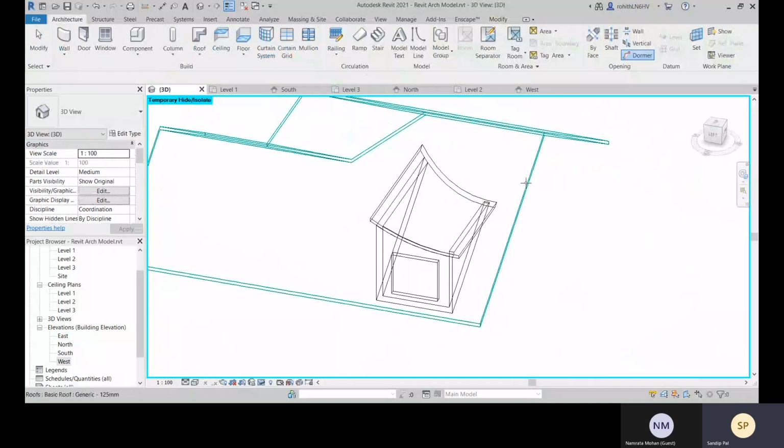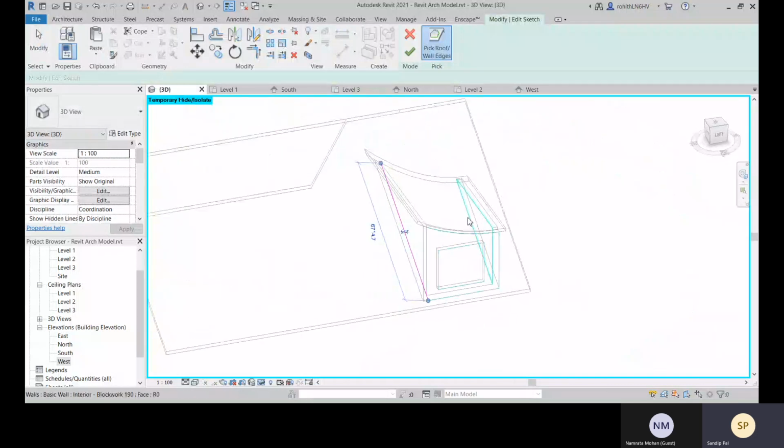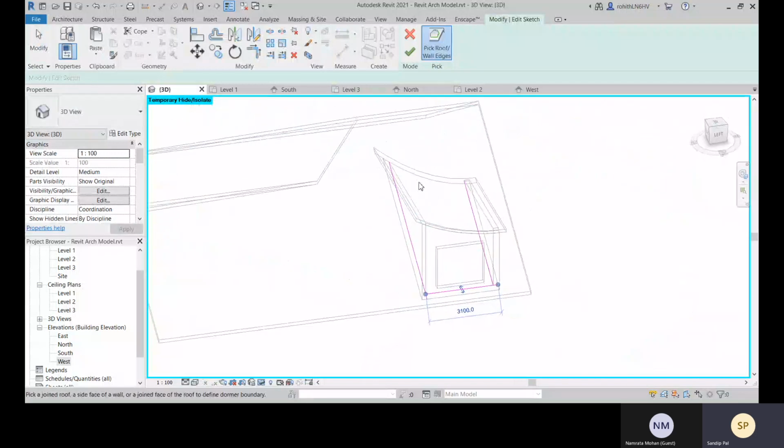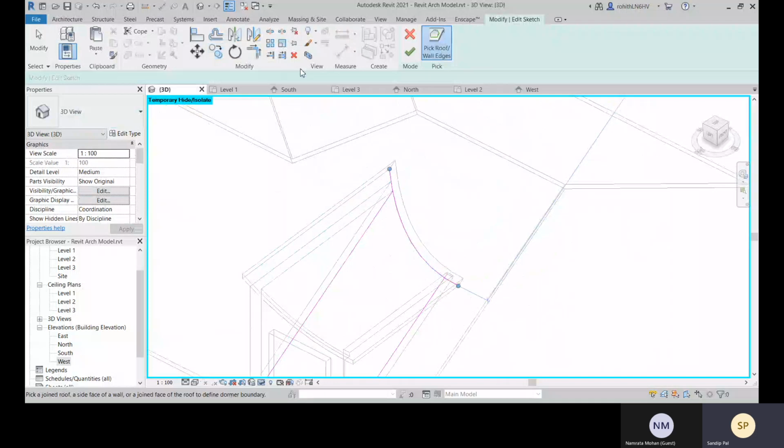So let's go with this dormer and select this, and then go with this peak roof edges. Select this edge, select this edge, then this edge, and for this one we will go with this edge. Okay, now we will trim it. Go with this trim.